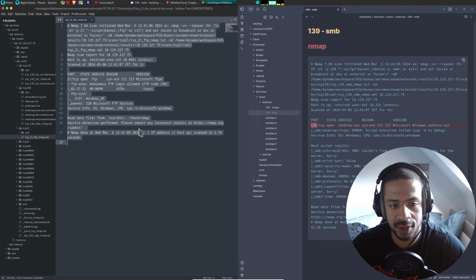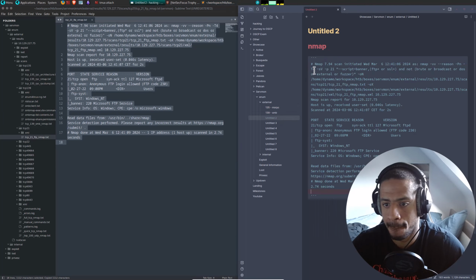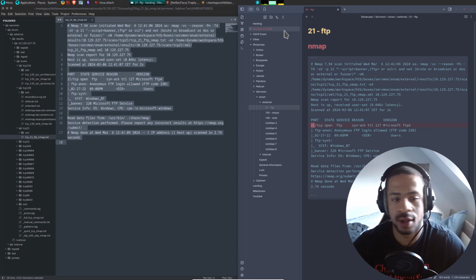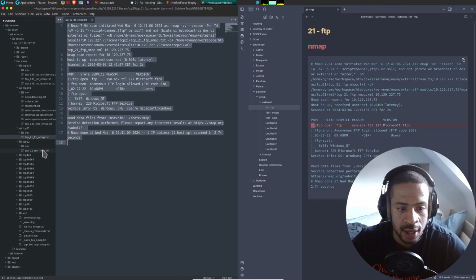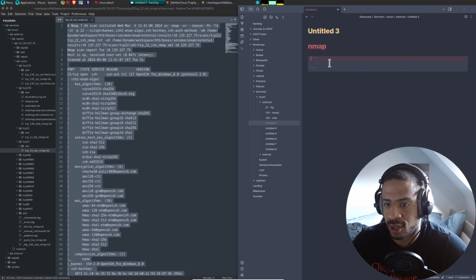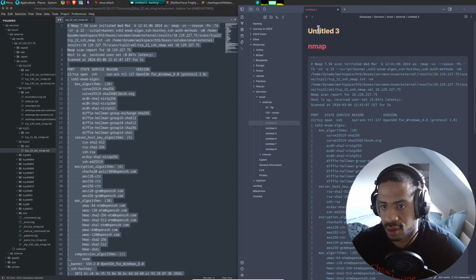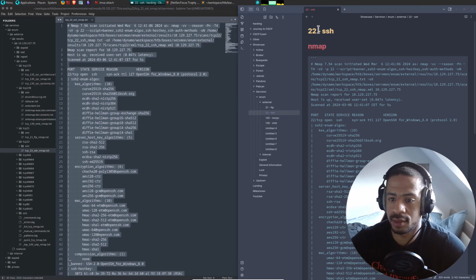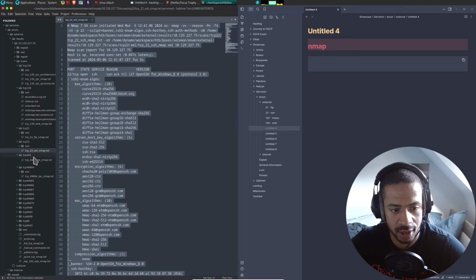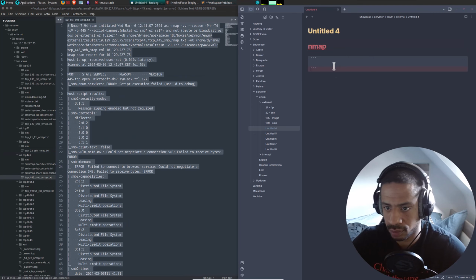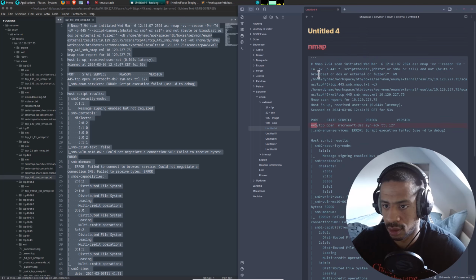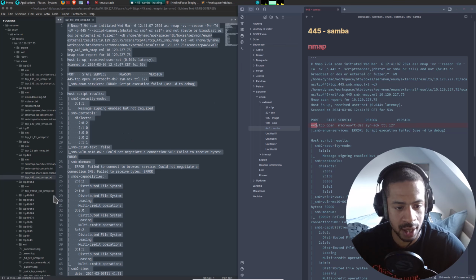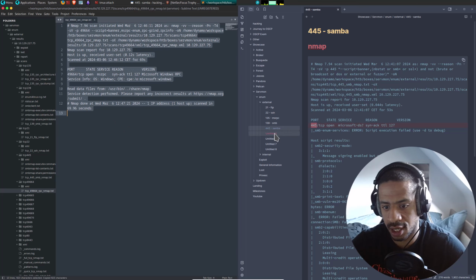Then port FTP. FTP, then port 22 SSH, like so. Then Samba. And then MSRPC, let's do that here as well.